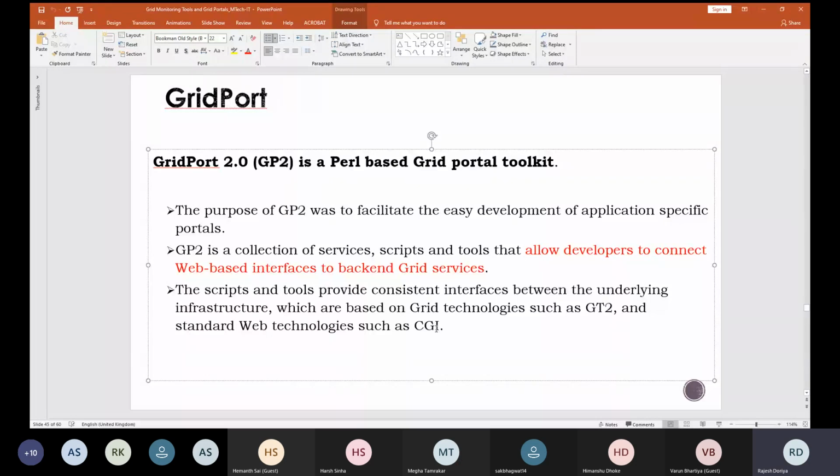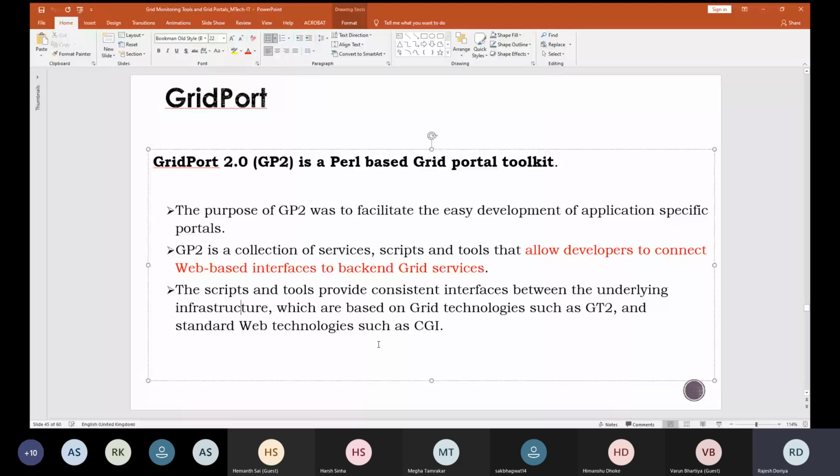And the consistency may also be in the content showcasing. For example, the first time you are logging into any grid service or grid portal, let's say you see 4 services, and the next time you try to access the same thing, you see 5 services. So the information shown to you must be consistent. Okay.